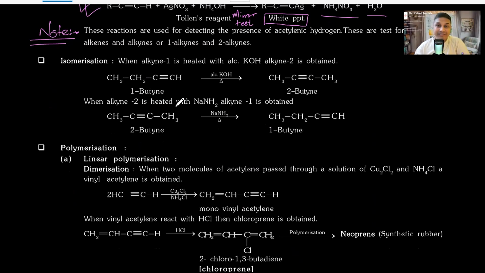Isomerization, where obviously the position of the triple bond will shift. This is another beautiful reaction. You take a terminal alkyne, heat it in the presence of alcoholic KOH, potassium hydroxide, sometimes even sodium hydroxide. Heat it in its presence, and you will find the triple bond shifting and becoming